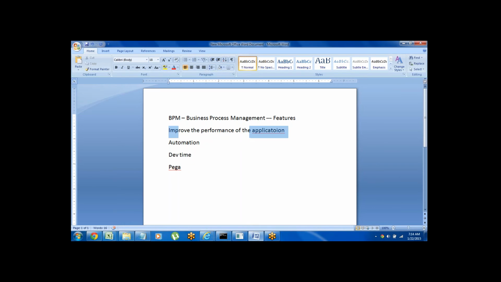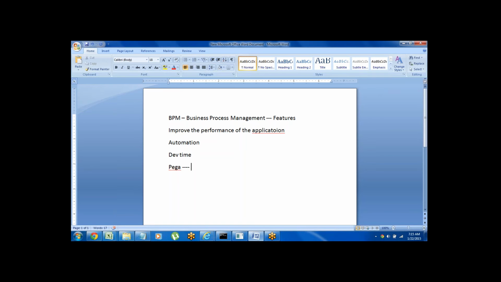With all the inbuilt features available, the application development will be completed within very little time when we compare with other traditional programming languages. So these are some of the features available under the BPM category. Under BPM there are many tools available in the market, but when we compare Pega with other BPM tools, Pega is the present market leader. There is no other BPM tool that competes with Pega BPM.